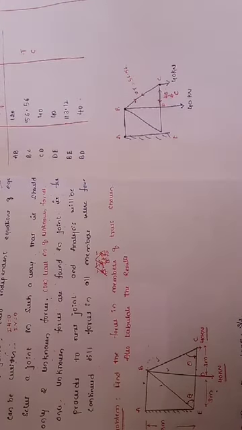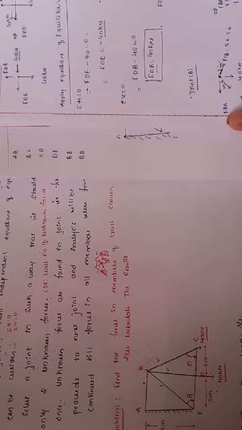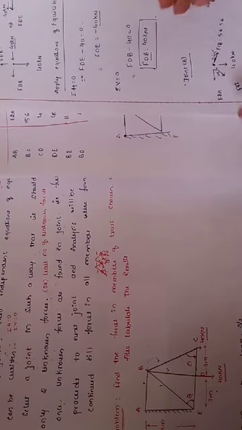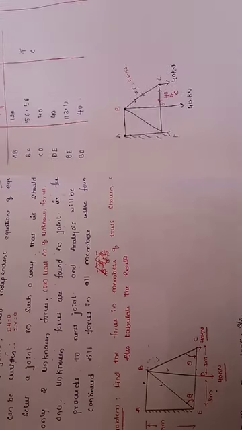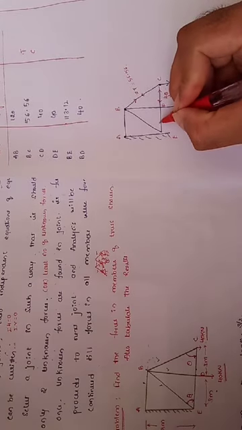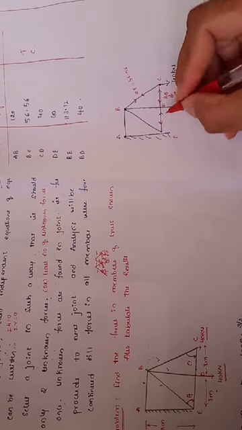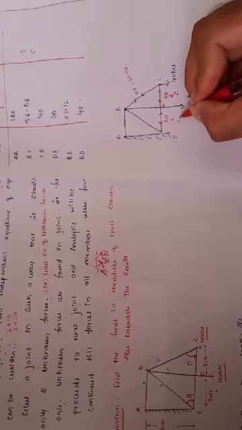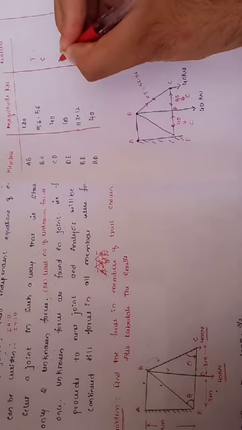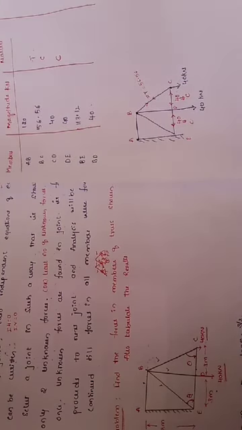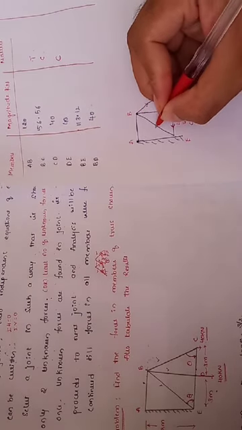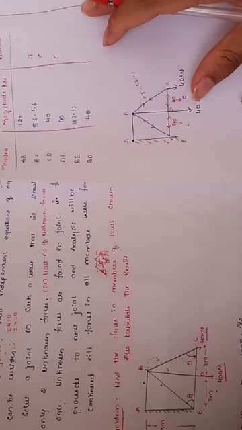And again, how about FDE? Take the joint D. Which one do we have? FDE. How are you getting FDE? FDE again is moving towards the joint, so that will be in compression. So this is 40, and this will be in compression. And again FBE I have. So how is your FBE? Initially we assumed it is moving away from the joint, but it is moving towards the joint. So how much would it be?